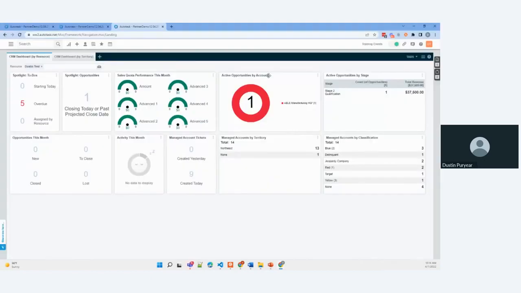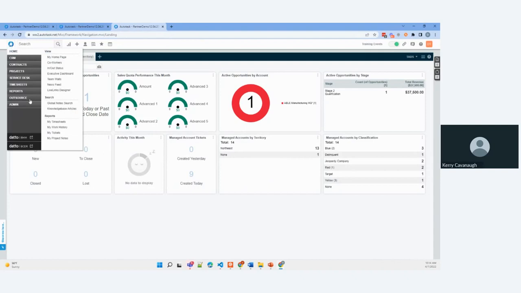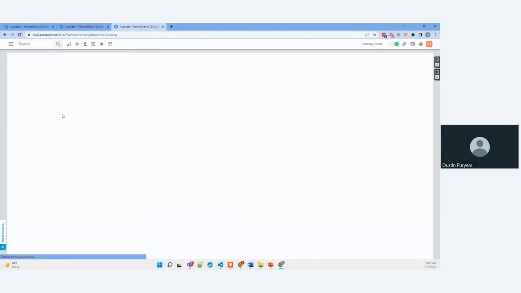Okay, can you confirm? Can you see my Autotask now? Yes, the Autotask is visible. Okay, perfect. I want to make sure I'm transitioning off of